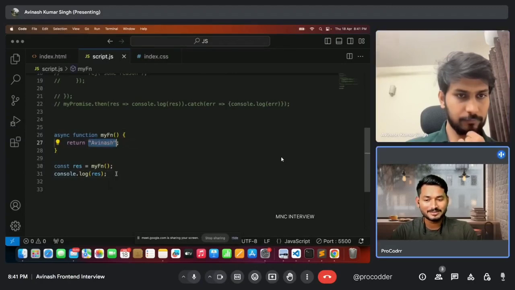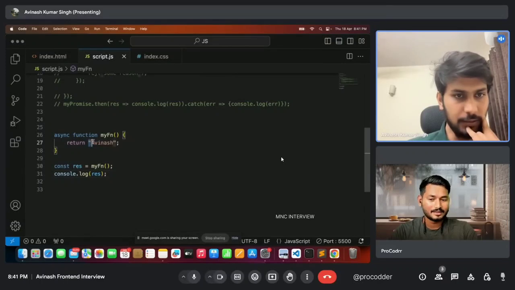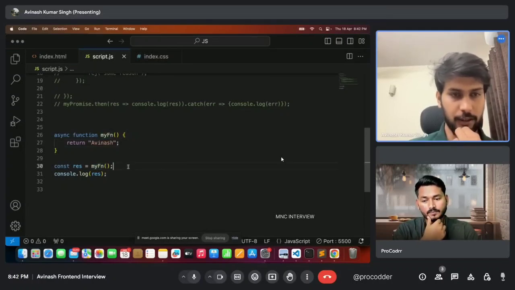I'm also thinking. I also don't know how we can make it. Okay. Hmm. What about if we don't return anything? No. Like it's the undefined value. I have to make it pending. The async operation is returning some value, a promise object, but it is resolved with this value. I have to make it pending.